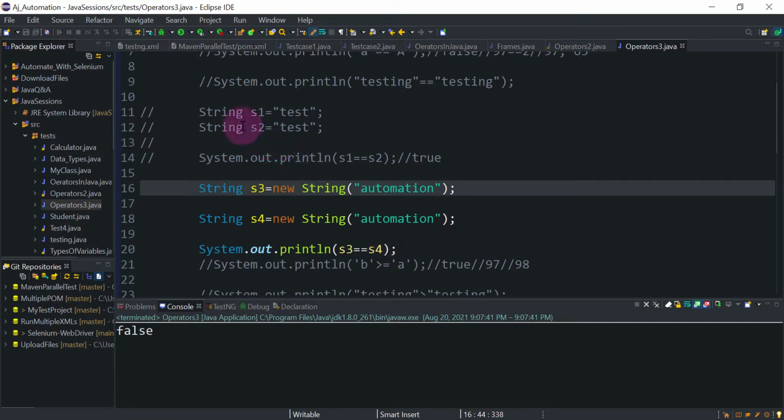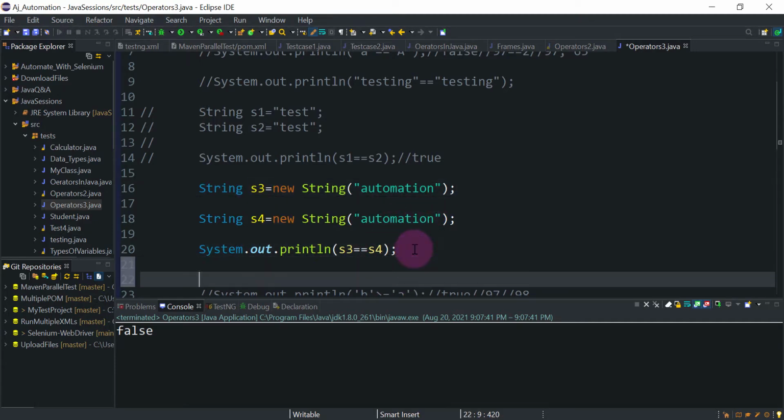Okay, I hope this is clear between this string and this string. So here difference is new keyword. So if you are using new for object creation, a separate object will be created. It doesn't matter, the content of that object will be same. Okay, but as you have used new keyword, compulsory a separate object for that content will be created, and that's why if you try to compare the references using this equal to, then you will get the false.